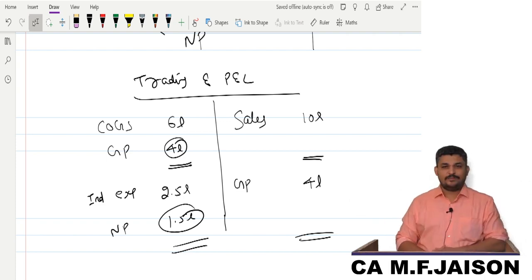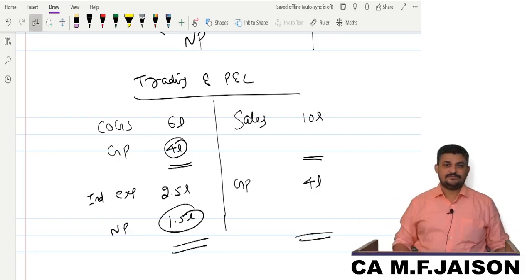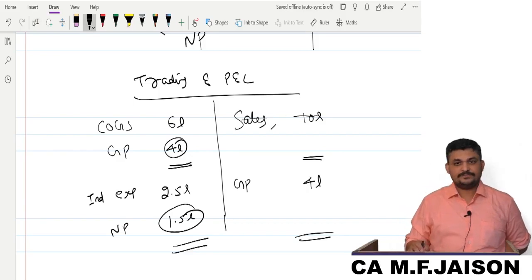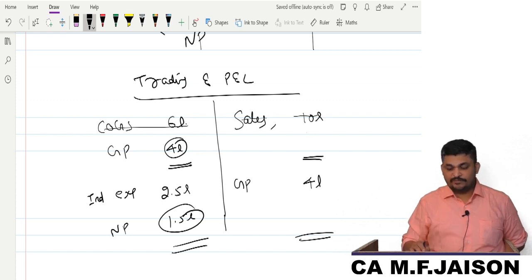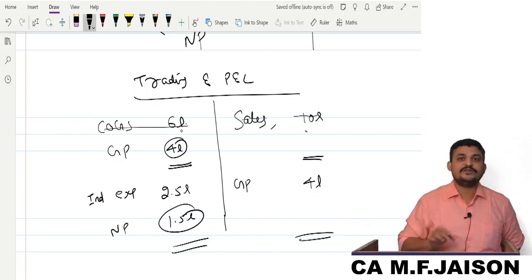But I will tell you a problem, my dear friends. Why do you lose profit? Because you are not doing the business. But even if you don't do the business, you could not sell. Which means you have not incurred this cost also. There is no outflow. Correct? So when you have not sold, you have not incurred the purchases also, because it is a variable cost. This is variable, and this is also variable.